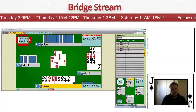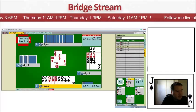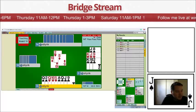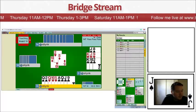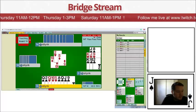Okay, so what's gone on in the play so far? It's gone a low spade, small 9, king, and now they've played 4 rounds of diamonds. Okay,